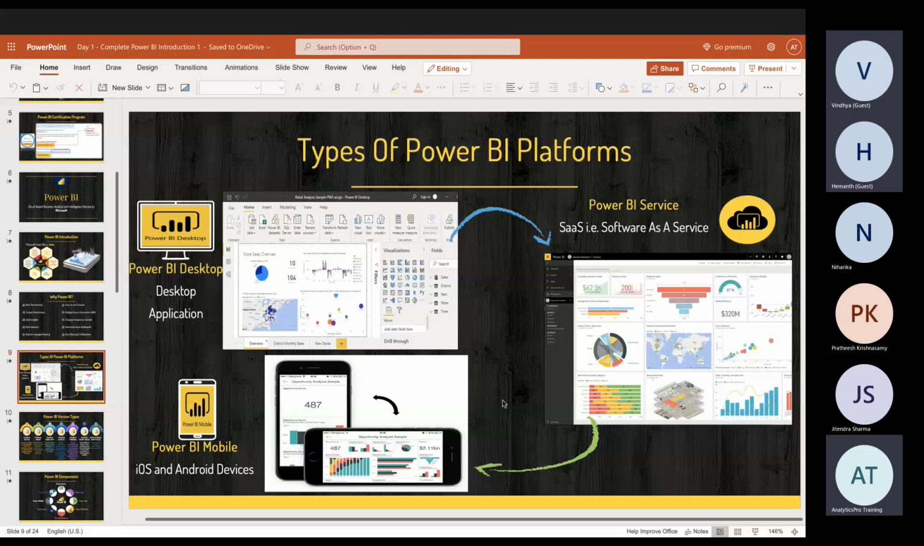Now, coming to the types of platforms. We have 3 main types here. When I say 3 main types, they are the desktop, the service account, and probably mobile. Okay, Sai, we understood, but why are you trying to confuse us with 3 different types? Can't we just have one? No,